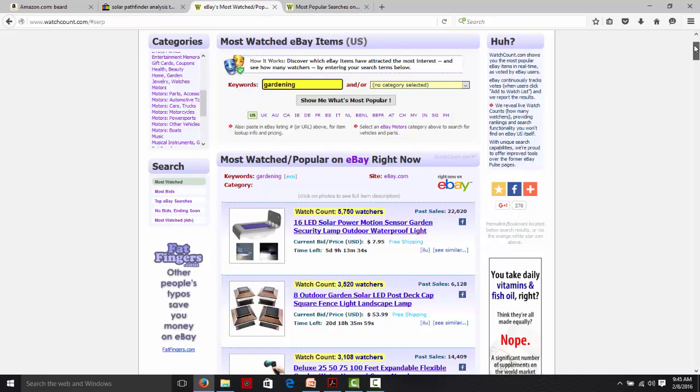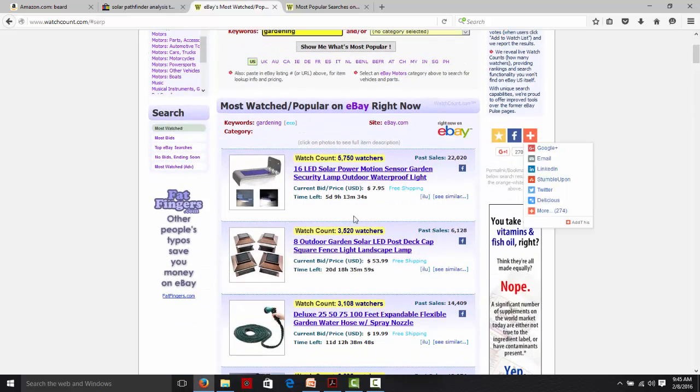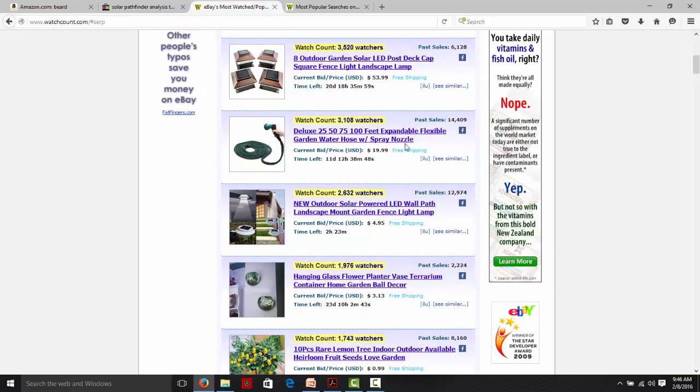actually it's the first one. I think it's the same that I found on eBay. Yeah, it's the exact same. So like I was telling you, it sold over 22,000 units, and the price is very low, which makes it absolutely great. Like I told you, the price has decreased because it was almost $10. Now it's $7.95, so that's good. And the second one on the list is also very inexpensive,